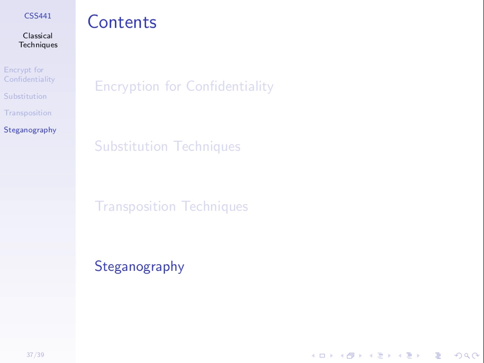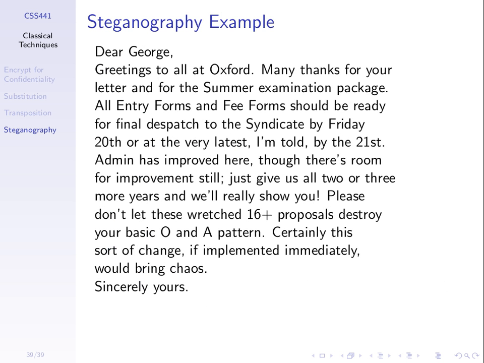But before we get to them, and this is outside of the encryption techniques we've looked at, another different approach for privacy is called steganography. Instead of encrypting something, hide our plain text in another message. Here's an example. And if you've been in my lecture before, don't tell everyone the answer. Here's a message. Find the hidden message.